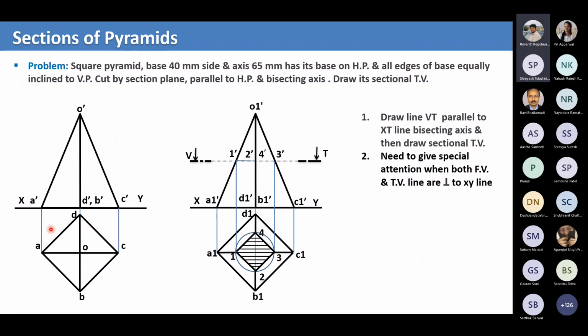Or if this base is having different sides, then it will intersect at different points. So that time what you have to do, you have to draw this horizontal projector, get this point. From here you have to draw a vertical, get this point. Now